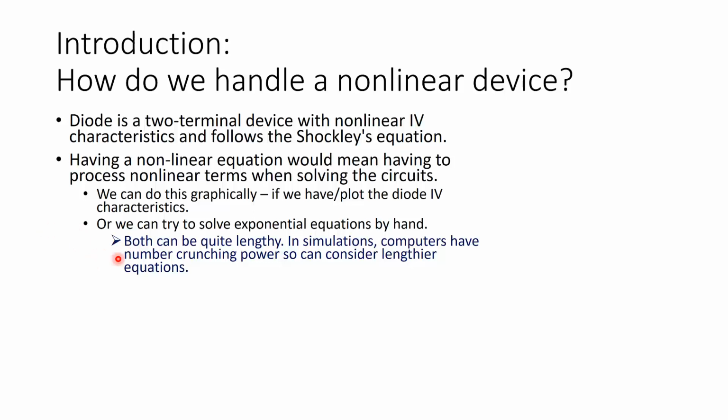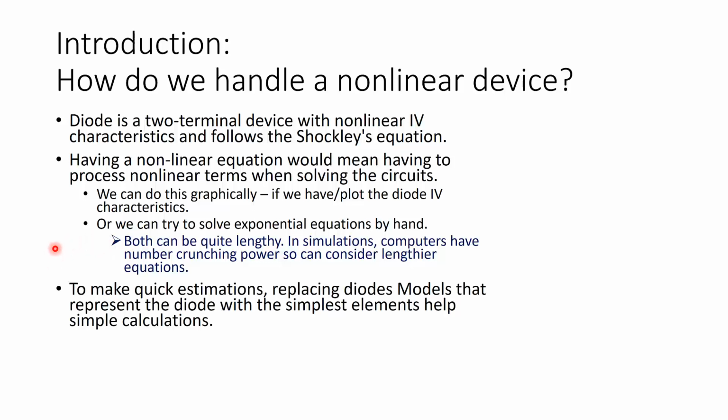In simulation, computers have number crunching powers, so they can consider lengthy equations. What I'm saying here is that when we're doing computer simulations, we just say and find the voltage, okay? But what is actually happening is that all these equations are being processed by the computer in the background, the computer is doing the number crunching for you, okay? But if it's on paper,